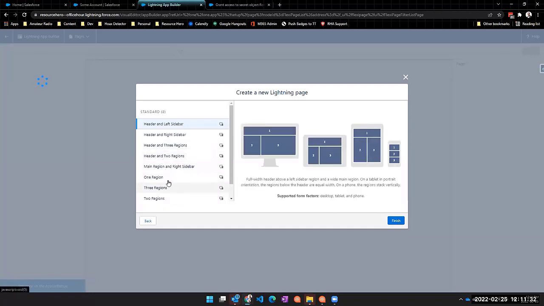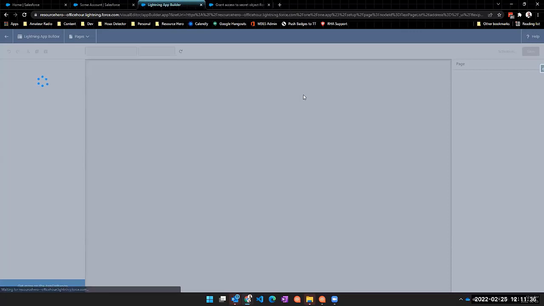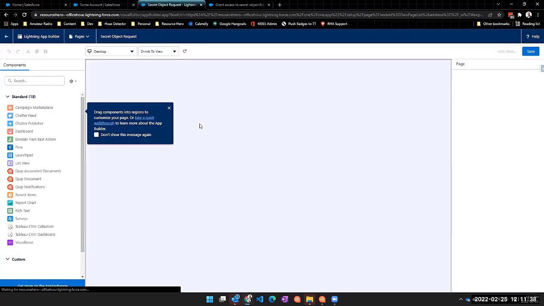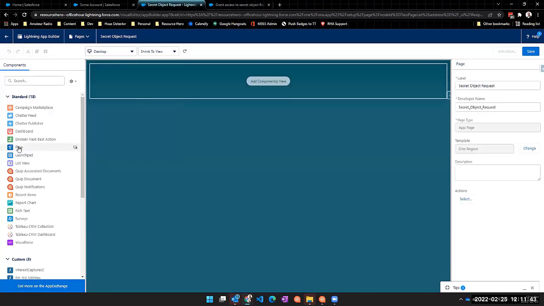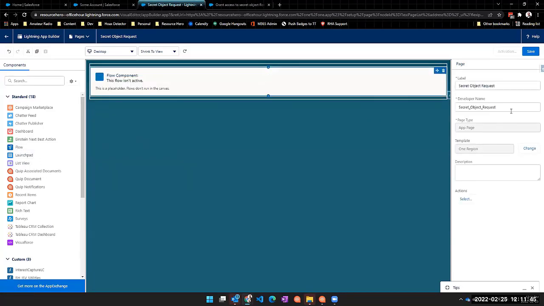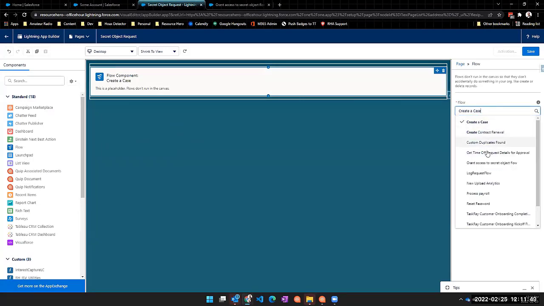Okay, there we go. So we're just going to select one region and finish. Now we have just a basic page, and all I'm going to do here is drag our flow onto this page. We just have to make sure that we have selected the correct flow. So in this case, it's going to be,